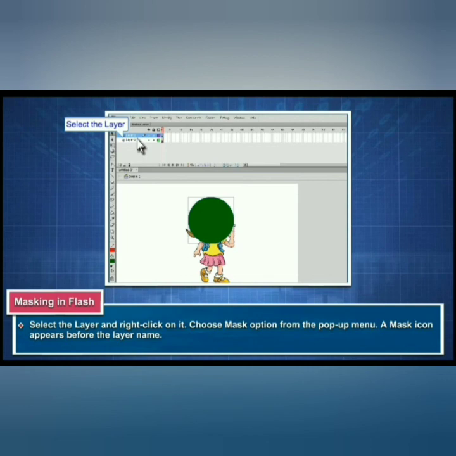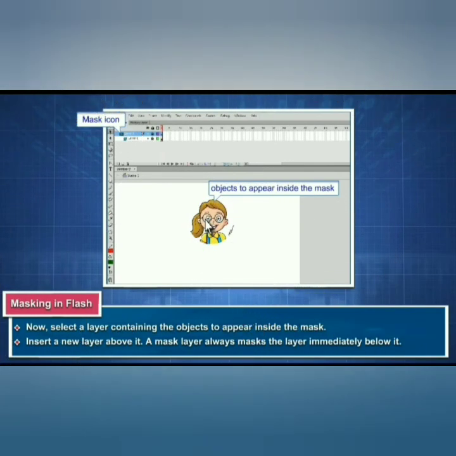Choose mask option from the pop-up menu. A mask icon appears before the layer name. Now select a layer containing the object to appear inside the mask. Insert a new layer above it. A mask layer always masks the layer immediately below it.